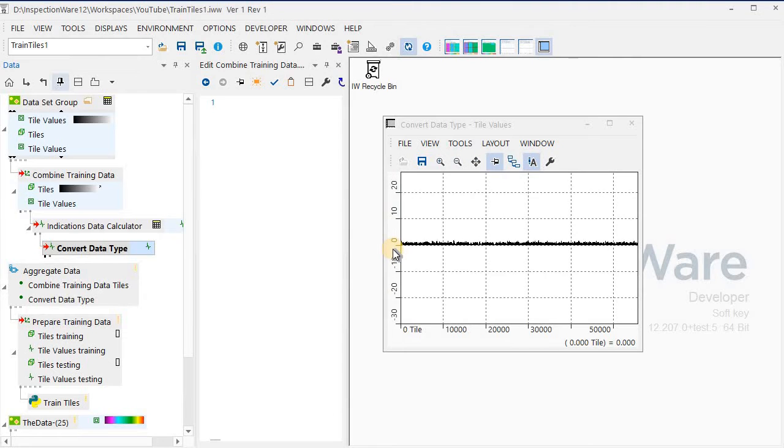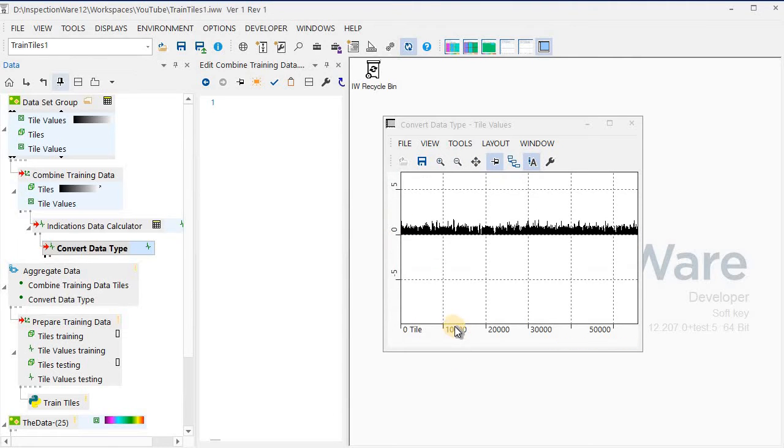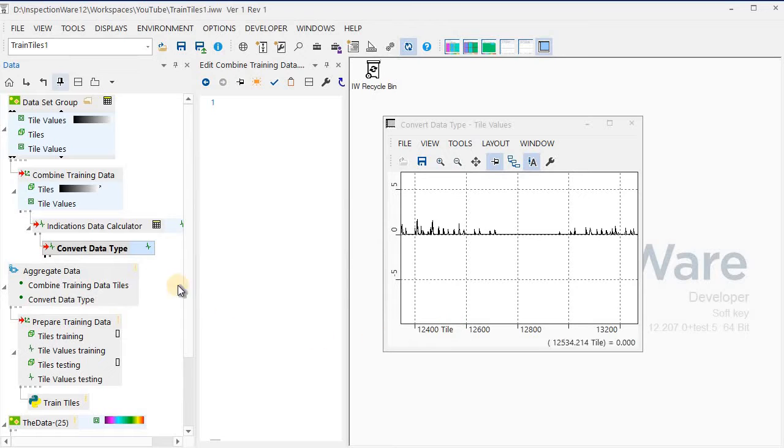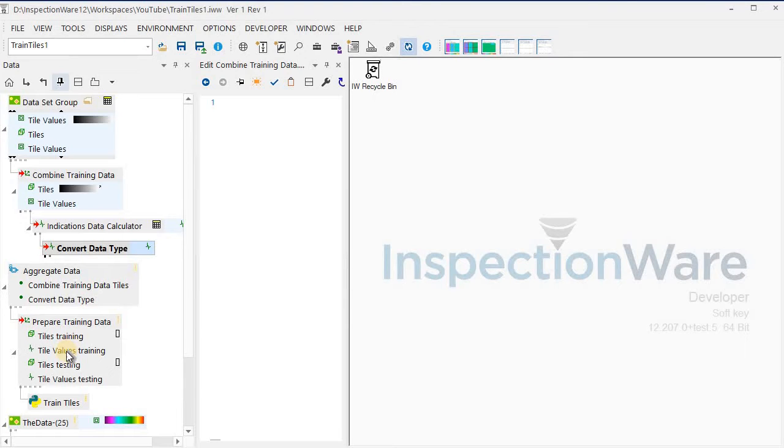The label is basically the number of indications that's in that tile, so you can see it's sort of 0, 1, or 2 typically. And then we've got these split up into training and validation sets over here. Okay, so for the Python code,